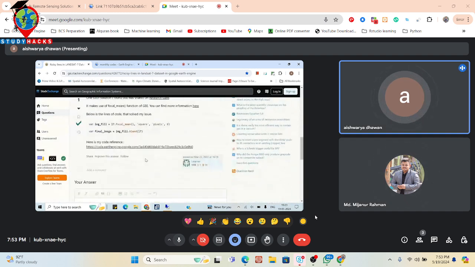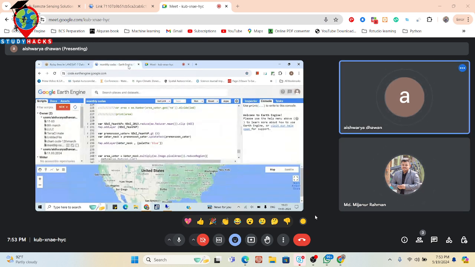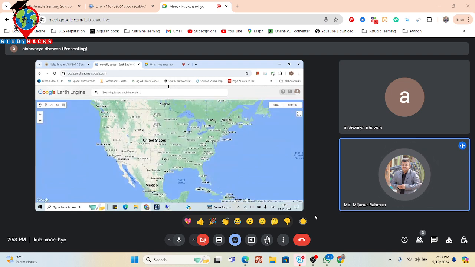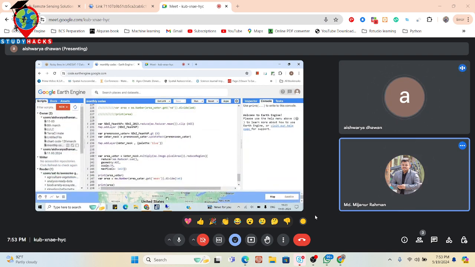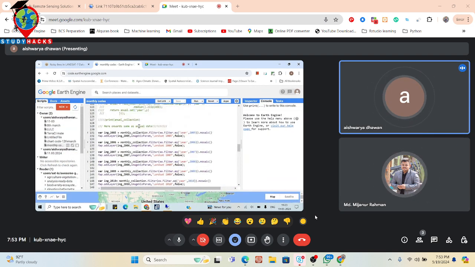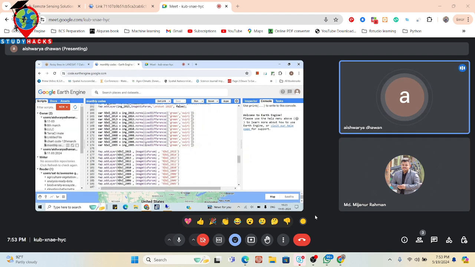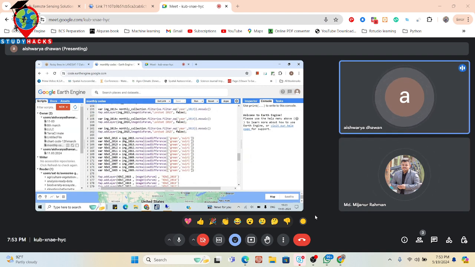Yes, sir, this was the code I was trying to work with. This variable, image focal mean. But how can I put this here? It was not working for my case. Okay, so first of all, simply open your image variable name. The image variable name is here, sir, image 2015 variables.